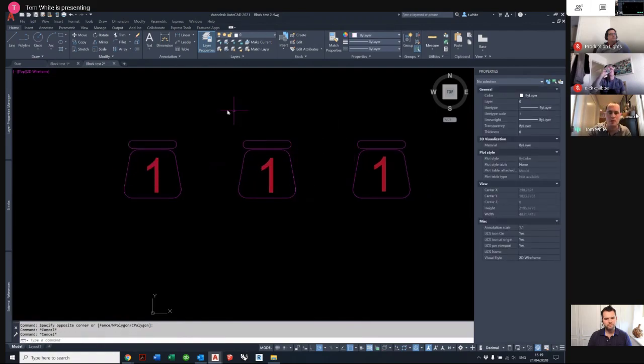Before I go any further, this is the model space I'm drawing in. I always, in my opinion, have the properties on the right-hand side, so I'll probably mention that a few times. There's properties on the right-hand side, and there's a command line at the bottom. So in this circumstance, I'm